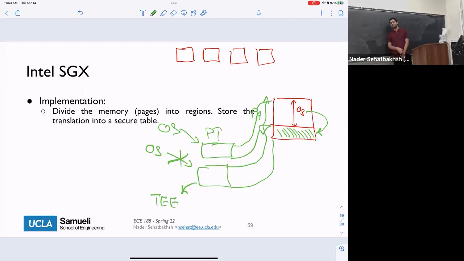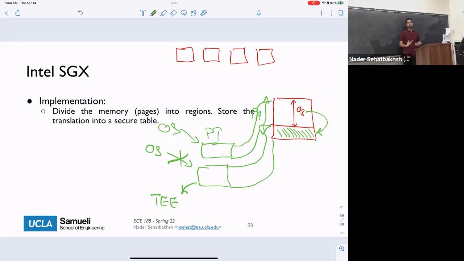So if you need address translation for this portion of the memory, and we query the operating system and ask, you know what, give me the address translation and give me the content of this part of the memory, the TEE is going to block that because essentially the operating system does not know exactly where this is located. Okay, so this part of the page table is actually mapped to this page table here, and that's controlled by the trusted execution environment. So we are basically separating the control of our address translation into two separate modules. The majority of it is controlled by the operating system. The minority of it, which is the reserved part, is actually controlled by our trusted execution environment.